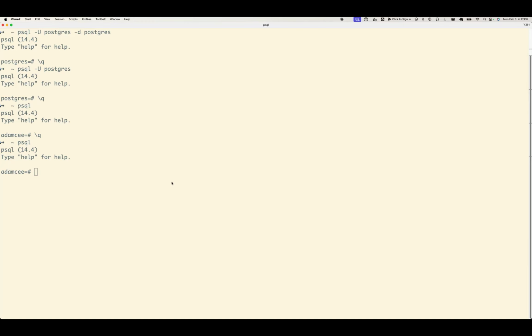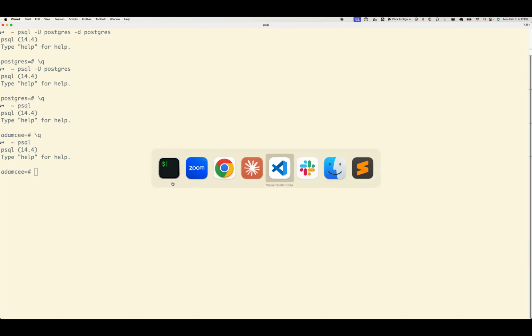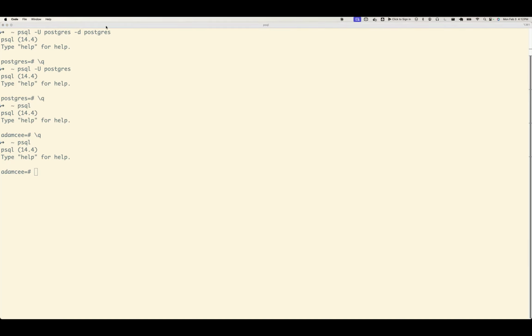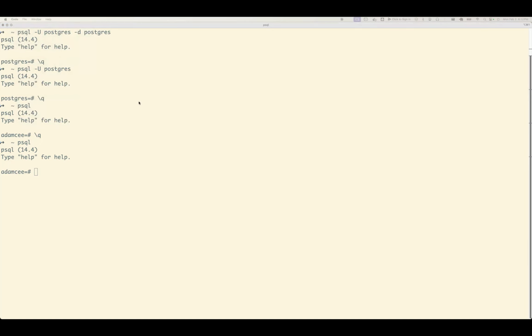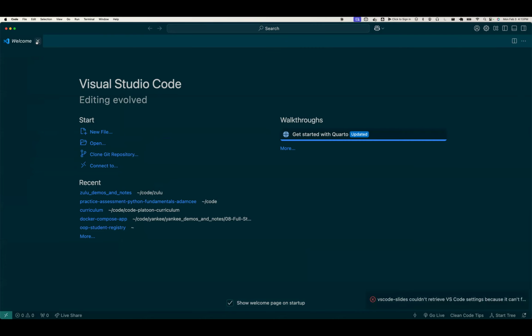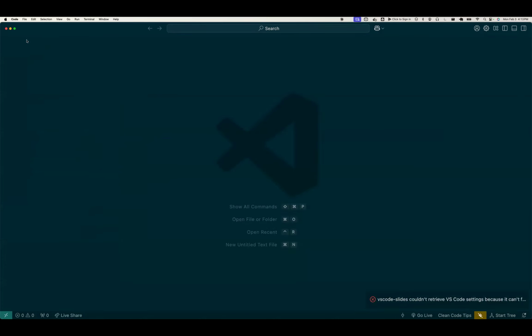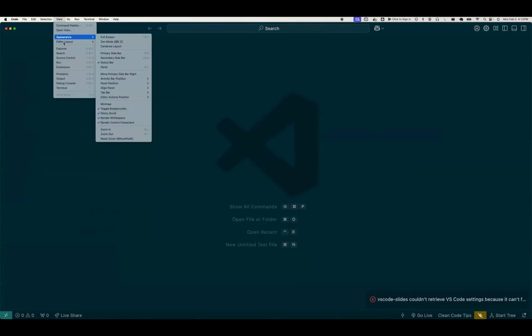Awesome. Okay, let's finish this off with a little VS Code, and then we can call it a day. Let me bring my VS Code front and center. So, VS Code. Go to